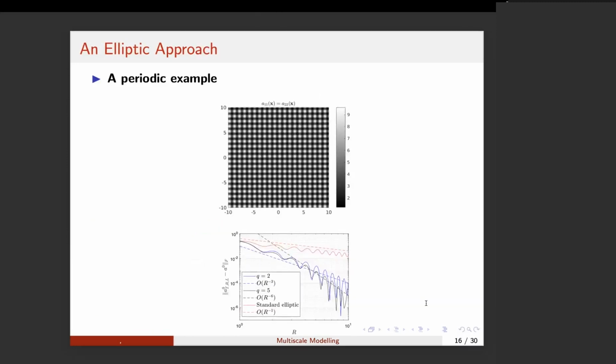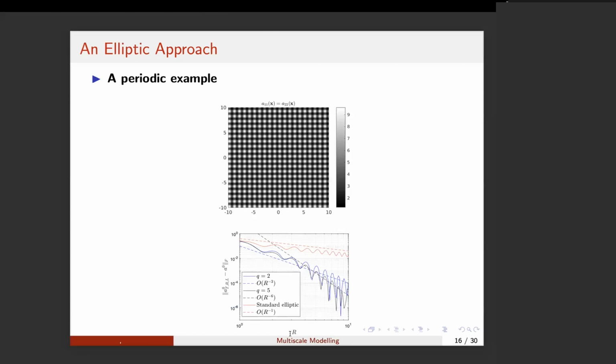And here come some numerical examples. So if you have a periodic material, okay, here we have the standard elliptic, the red one. By standard elliptic, I mean that we just take the local elliptic problem and we just truncate the domain from infinite domain to finite domain. Okay, so that's the standard elliptic. And that gives 1 over r as predicted by the theory already. But now, if we apply the elliptic approach that we proposed for different values of q, then you see that as we increase the value of q, we get